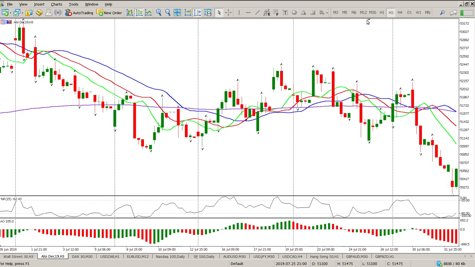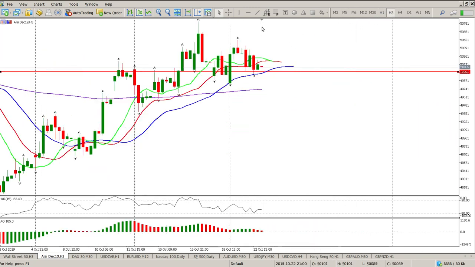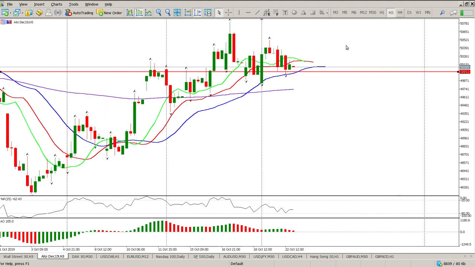If we start moving down through the time frames, looking at the 3 hour, you can see just total confusion. At this stage, we've had a trend break here. Let's take it from here. We've had a trend break here, back in above it, back down, and then we had this retest that was rejected and down. So even on the 3 hour, trend is still up, but we do have this massive